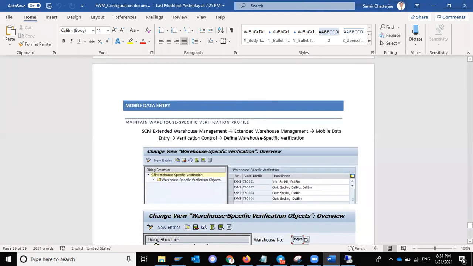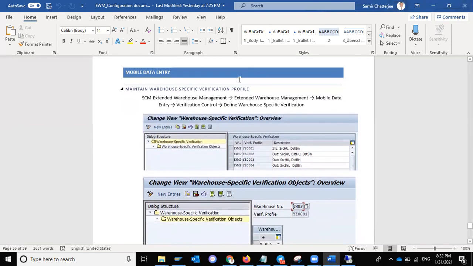Radio frequency application is used for the physical verification of the field work with respect to the integration of the SAP system, real-time integration via radio frequency handheld devices or auto ID infrastructure, or radio frequency fixed tags that may be located at the particular storage bin or at the door of the warehouse, right? So these are the different kinds of events we have in the mobile data system.